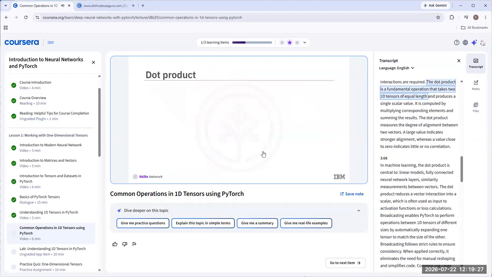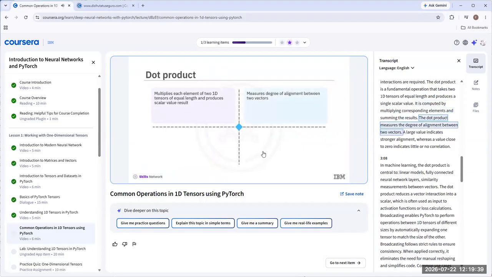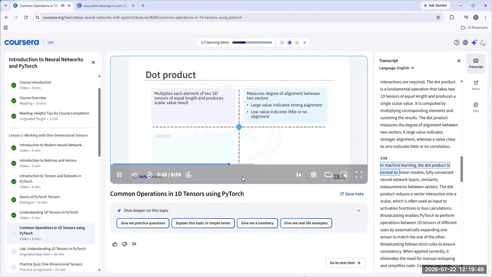The dot product is a fundamental operation that takes two 1D tensors of equal length and produces a single scalar value. It is computed by multiplying corresponding elements and summing the results. The dot product measures the degree of alignment between two vectors. A large value indicates stronger alignment, whereas a value close to zero indicates little or no correlation. In machine learning, the dot product is central to linear models, fully connected neural network layers, and similarity measurements between vectors. The dot product reduces a vector interaction into a scalar, which is often used as input to activation functions or